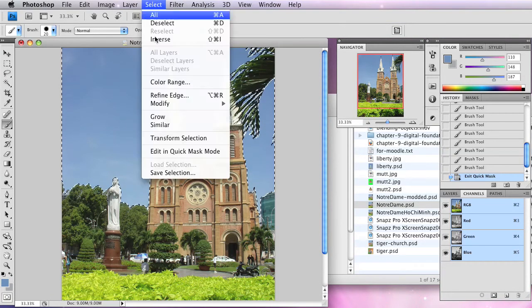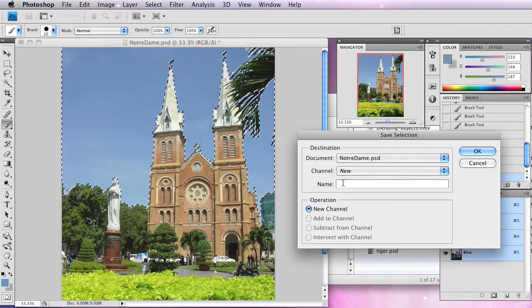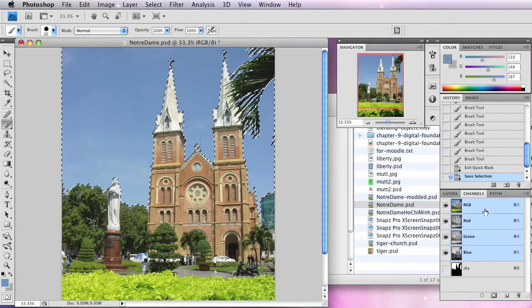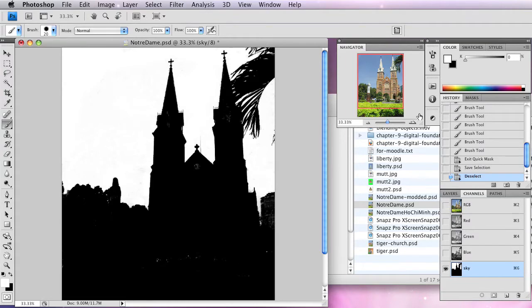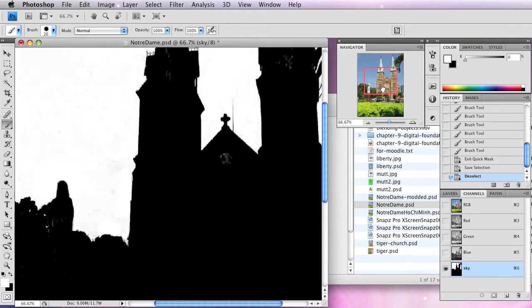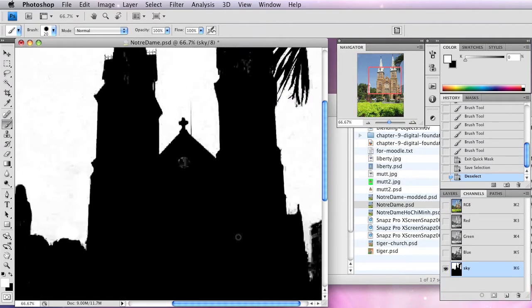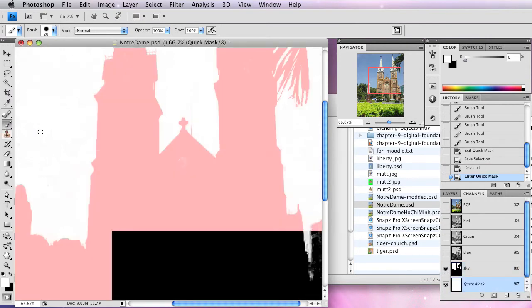So we're going to select, save selection. Let's save it as sky. Hit OK. Now you can see under the Channels tab, here it is. Command D to deselect. Now the Channels tab shows us that we have some areas we missed, so we can come in on the channel if we need to